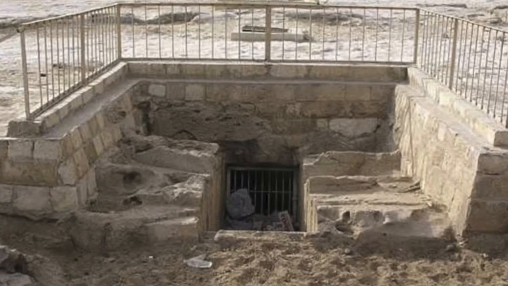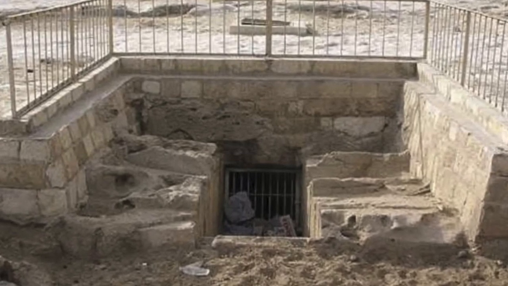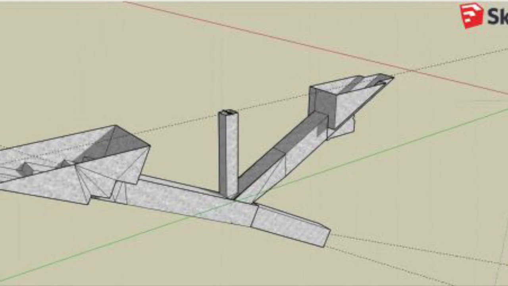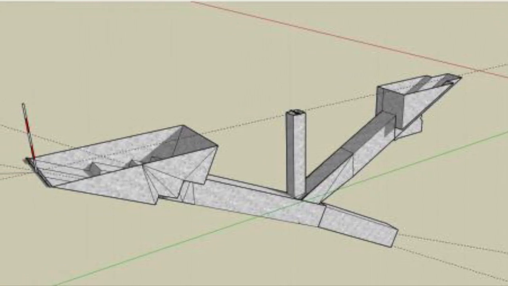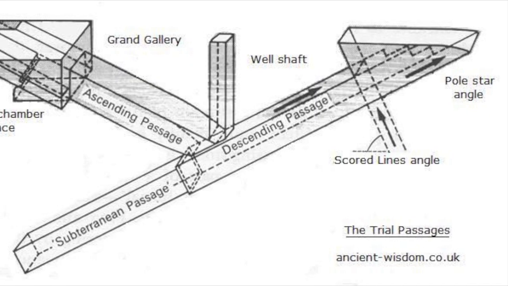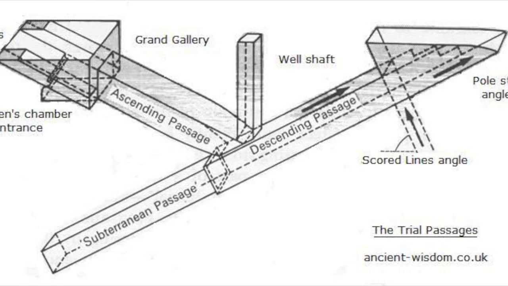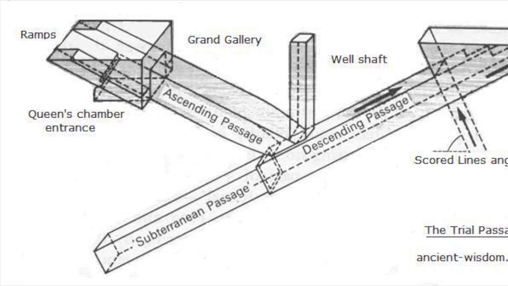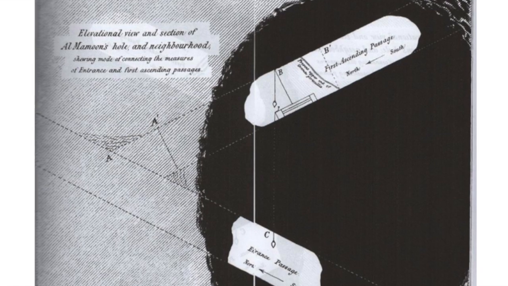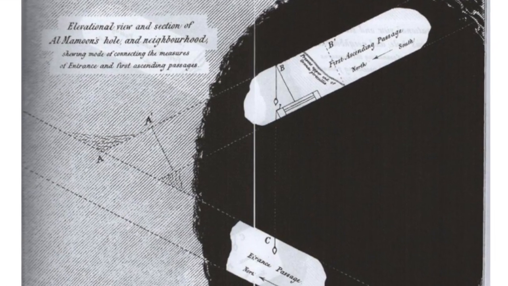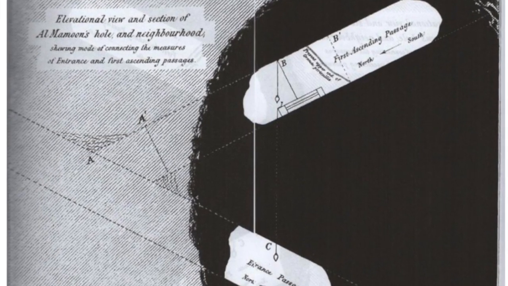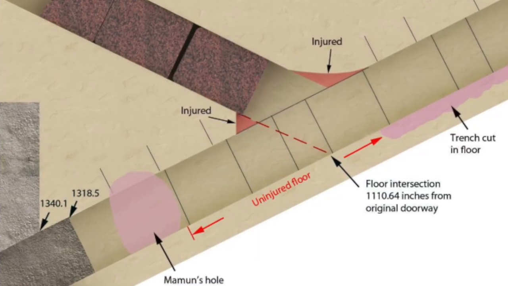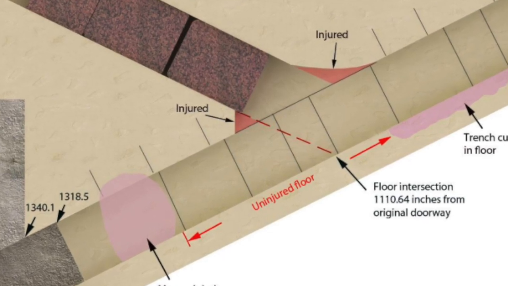He talks about a trench to the east of the Great Pyramid, what we know today as the Trial Passages. These passages cut into the rock are believed to be something of a replica of the ascending-descending passageway cross-section of the Great Pyramid itself. The bottom of the ascending passageway in the Trial Passages even narrows in the exact same way as the Great Pyramid. It's worth noting that the Trial Passage corridors are also aligned perfectly north-south, just like the corridors in the Great Pyramid. Brier proposes that these physical tunnels are construction plans for the Great Pyramid.